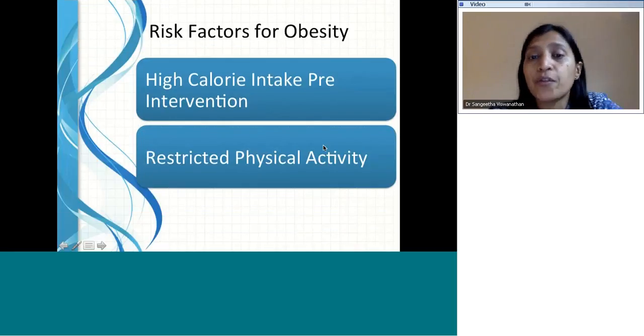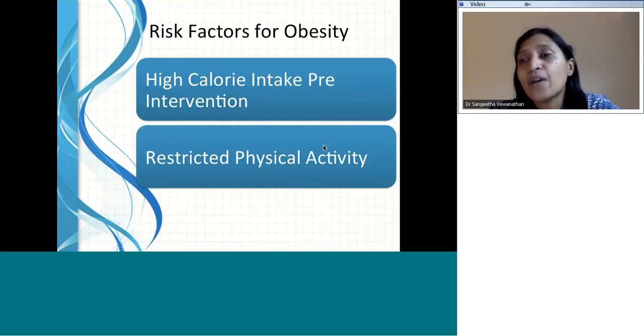So if you look at the risk factors for obesity, you can classify them into two. Obesity happens when the calorie intake is much greater than the calorie expenditure. So obesity can happen when there is a high calorie intake or a low calorie expenditure. High calorie intake often happens prior to a cardiac intervention, particularly in patients with a large left to right shunt, for example. So we often give advice to parents to increase the weight of the child, to give high calorie foods and perhaps additives, so that the patient will put on weight, become bigger,